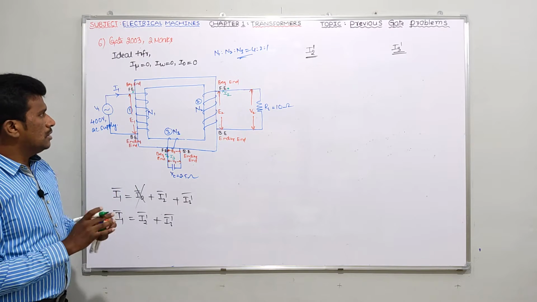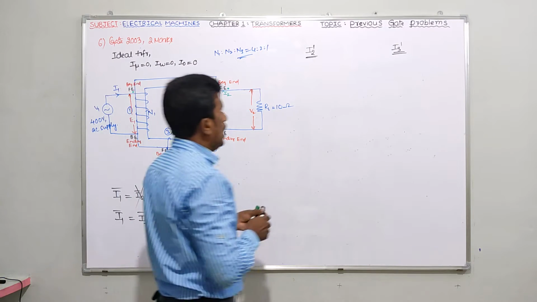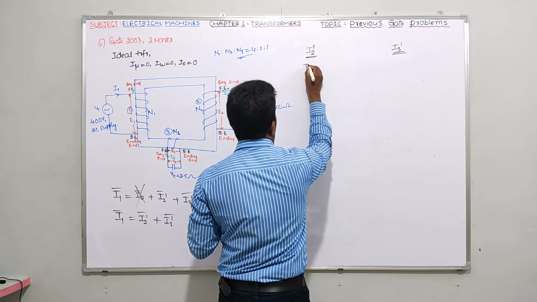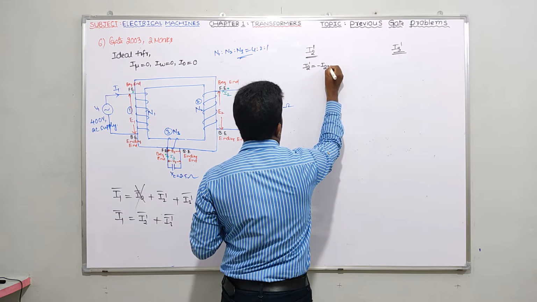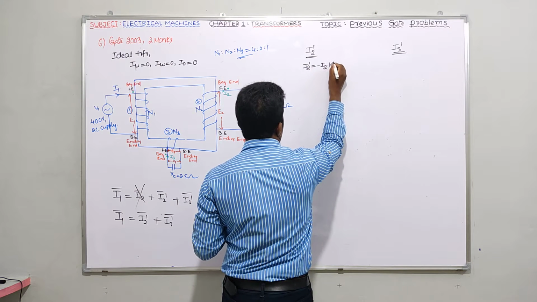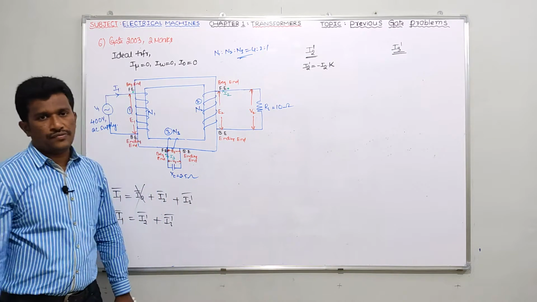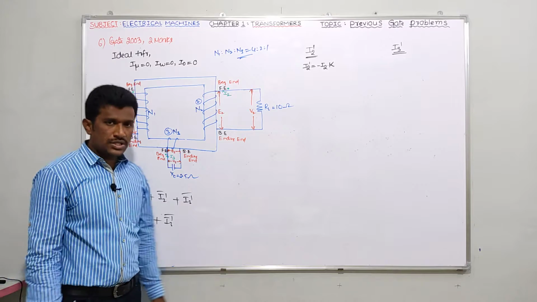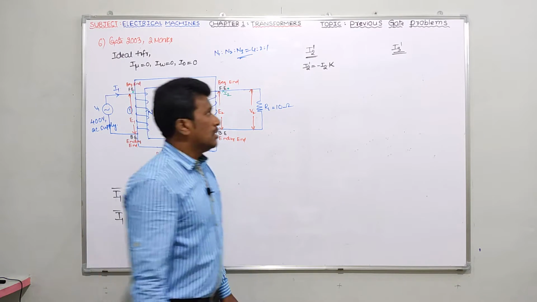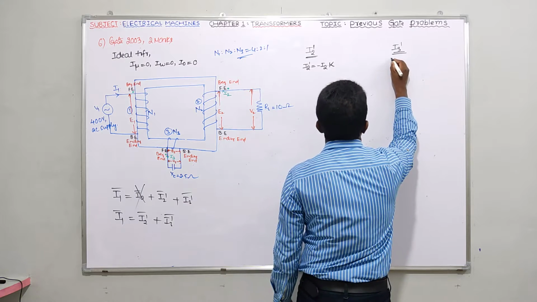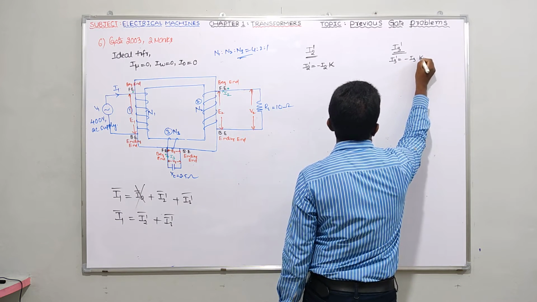Now let me proceed. So it will be easy for you to understand now. See guys, what is the formula for I2 dash? I2 dash equals, I already gave, minus I2 into K. I request all of you, please try to watch the videos, then come to solving problems. It will be easy for you. Without watching lectures, if you directly come to problems, it will be difficult for you. Now similarly, I3 dash formula, I3 dash equals what? Minus I3 into K is the formula.